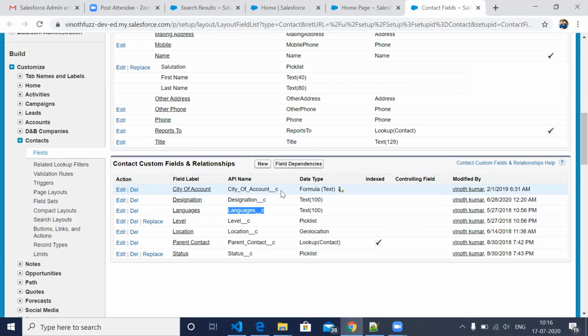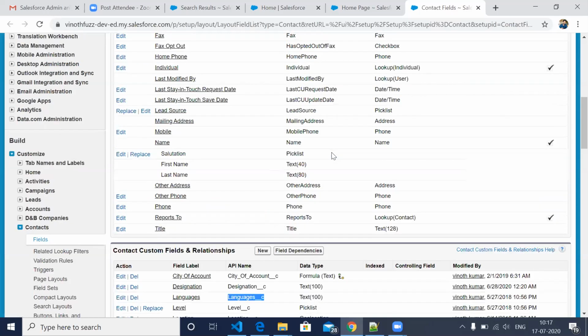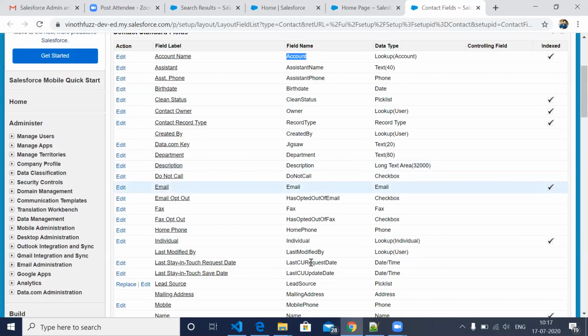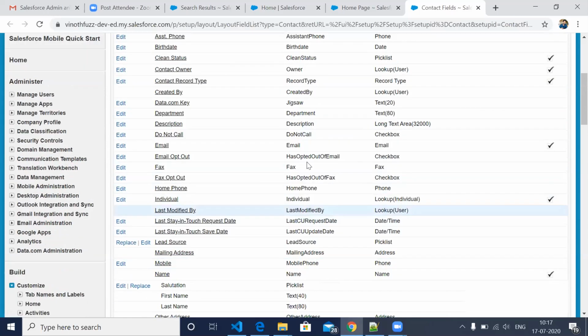Here you will not see anything like that, but this is the account. This is also a database name only. This is a database field created by Salesforce, so it doesn't have underscore c.